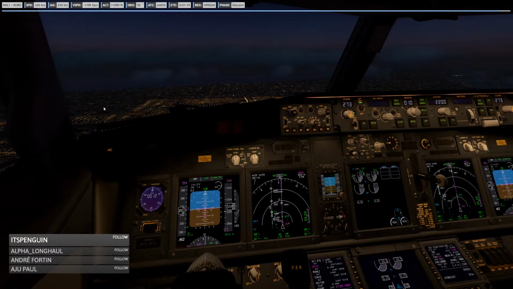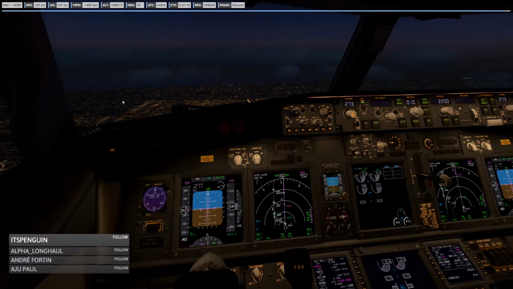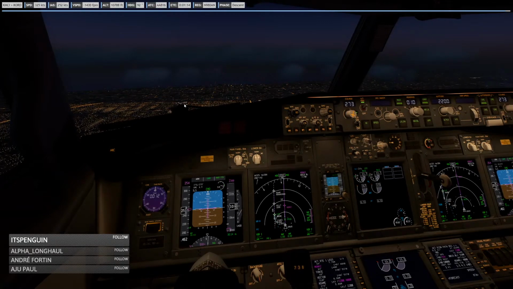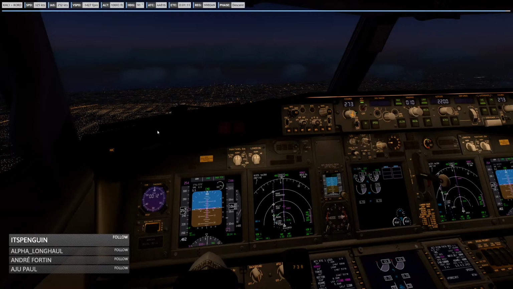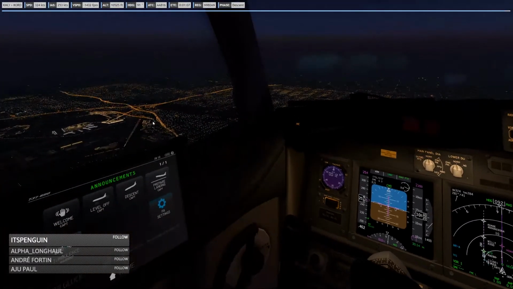Still, I mean, you see this problem in X-Plane. You see the lights start popping in the distance there. So you see the lights far in the distance, but then in order to get all of them, you have to wait as you approach the area, and then you see them just popping out, which is not very realistic. It kind of ruins the immersion if you ask me, but